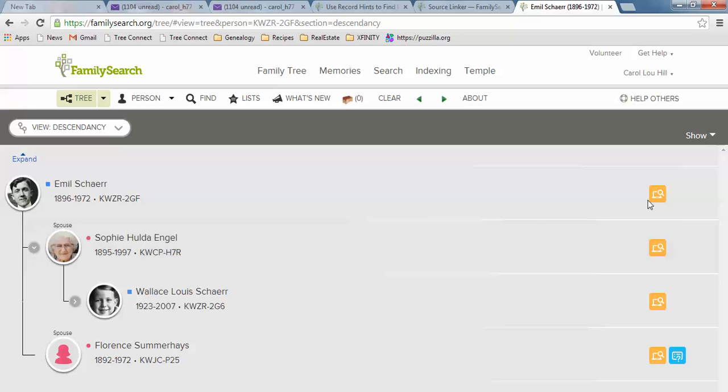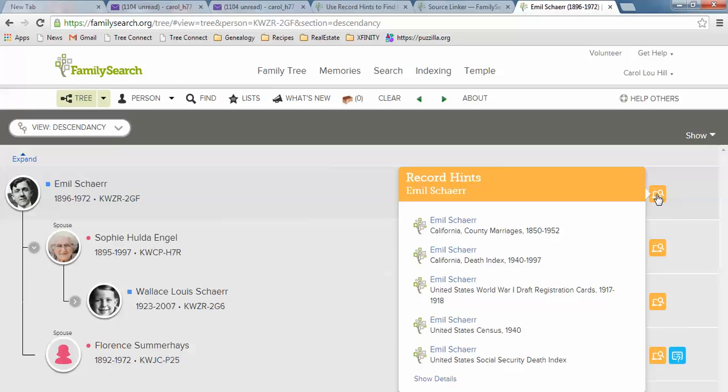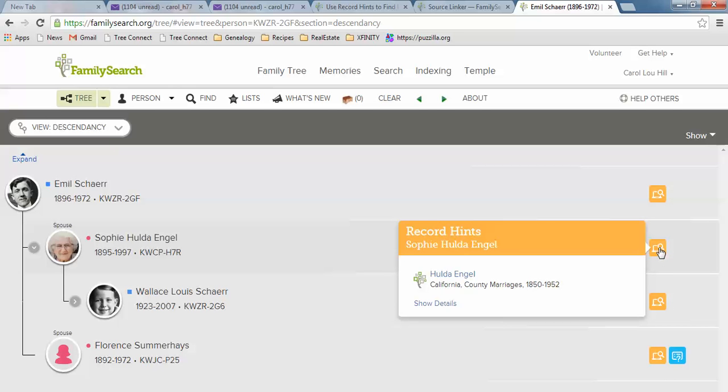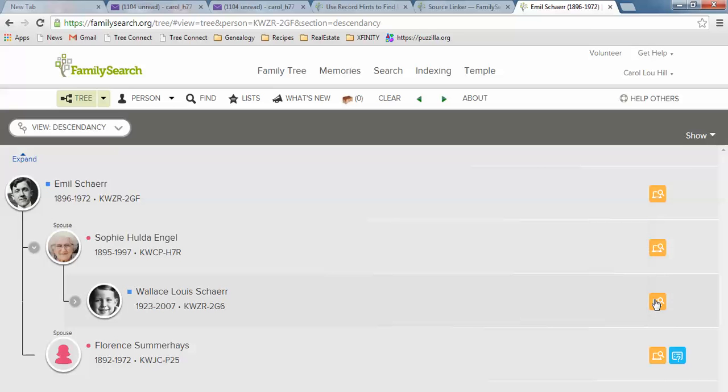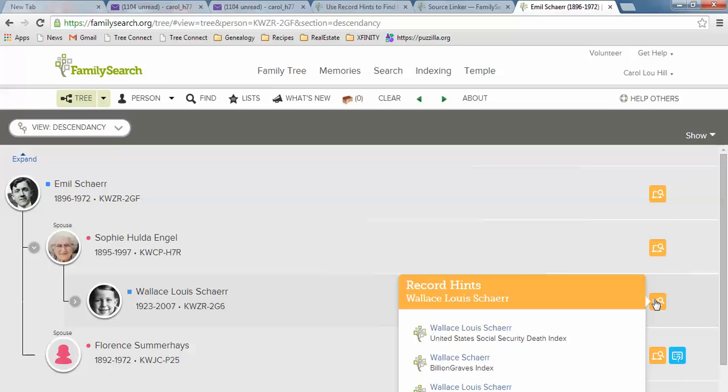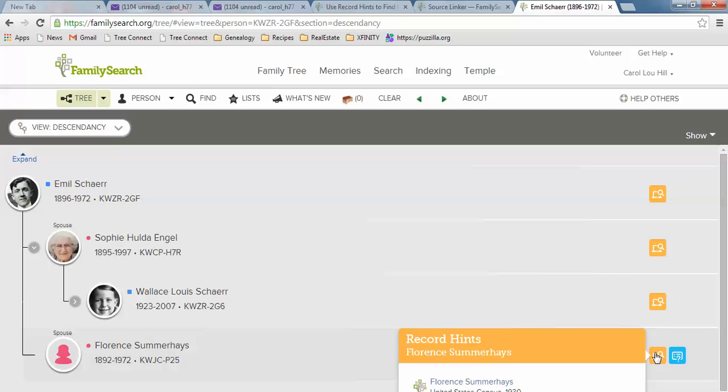And this is over here. If you click on this little computer with the spyglass, it shows that there are record hints. And so all of these little orange buttons are record hints. What's kind of nice about this is you can pull up a whole family and see what hints there are for each of them, and then you can look at them. And once you've looked through all of the hints, it won't be here anymore. So I'm just clicking on the record hints, and then over here in the blue,